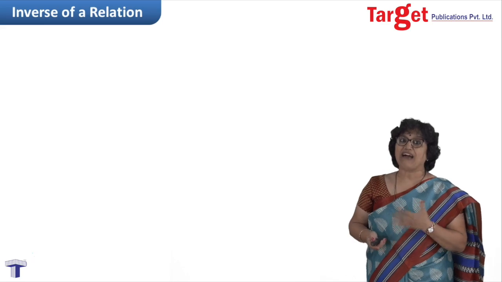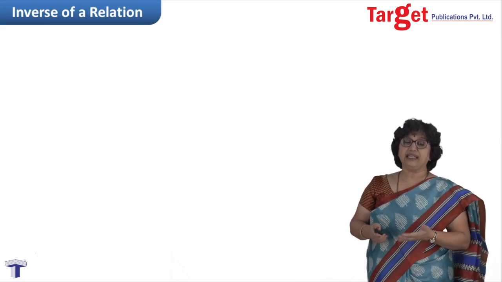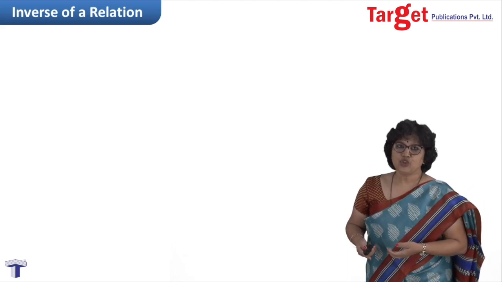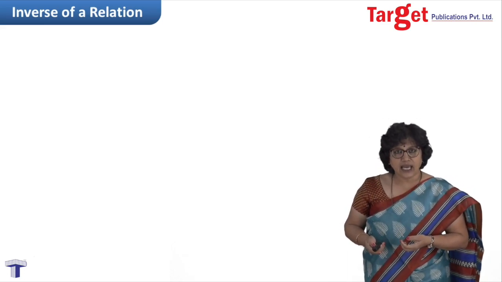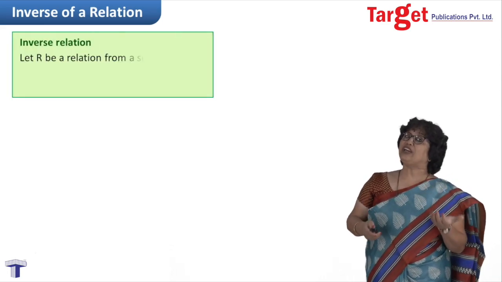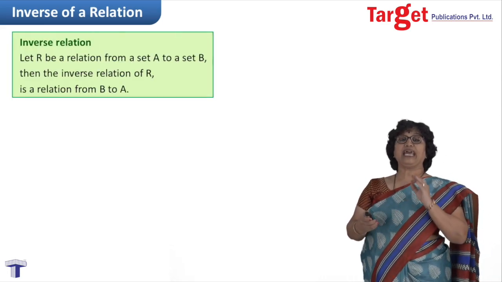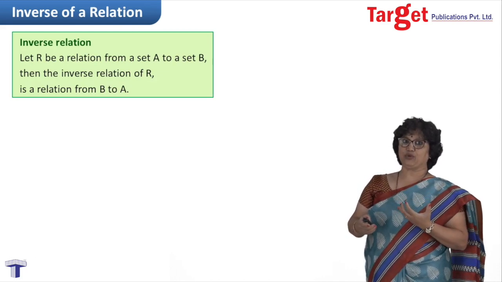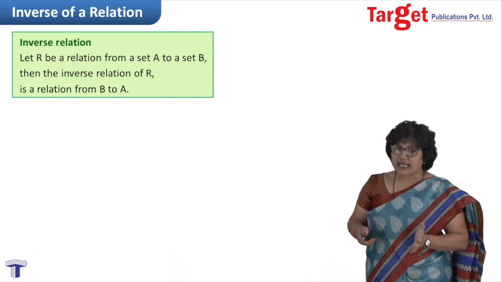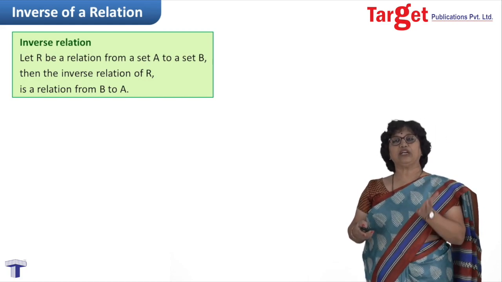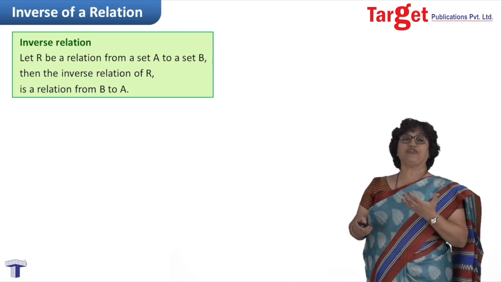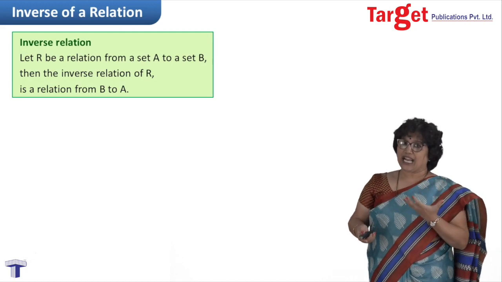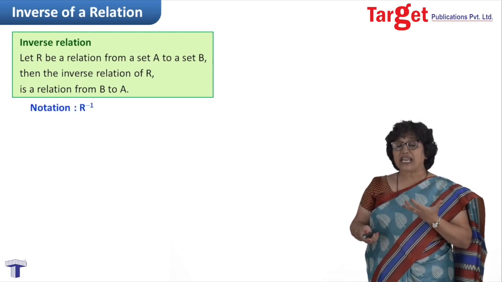That means first we will have to know a given relation, and in that context we would be able to describe what we mean by inverse of a relation. So let us define it. I say if R is a relation from set A to set B, meaning I would write aRb, with small a and small b used for elements, then the inverse of relation R would be from set B to set A. So there has to be some notation, and the notation is R inverse.